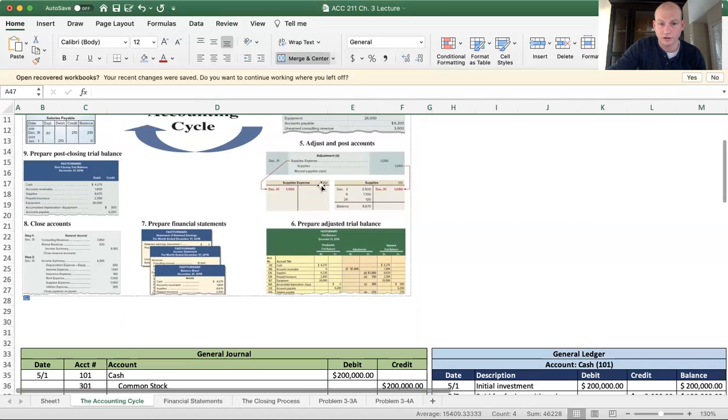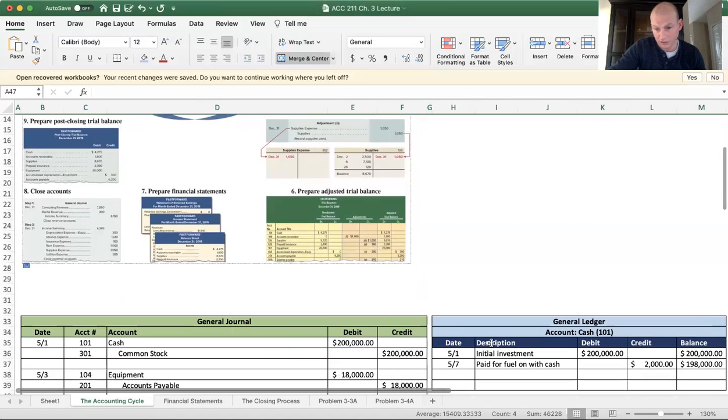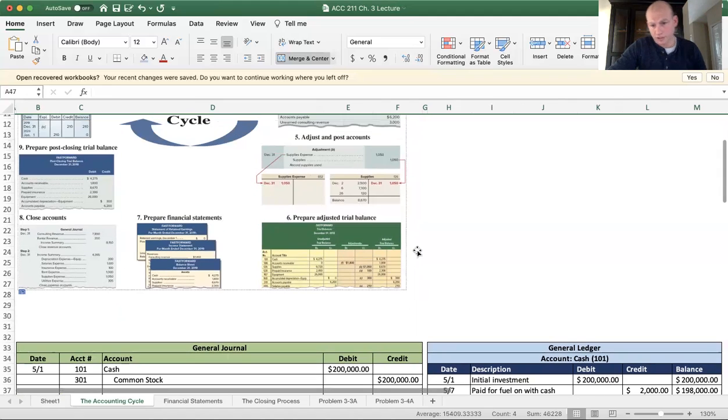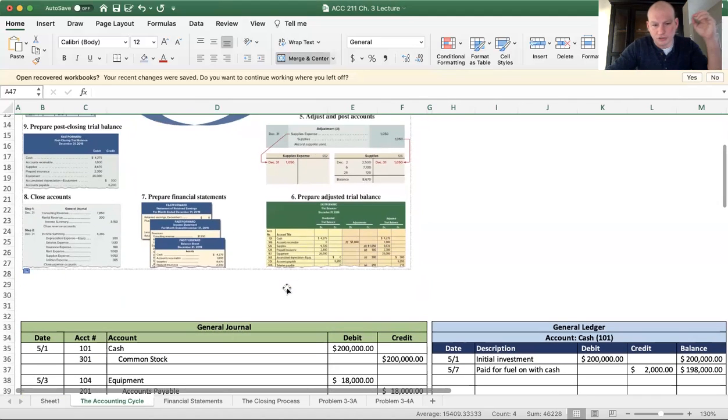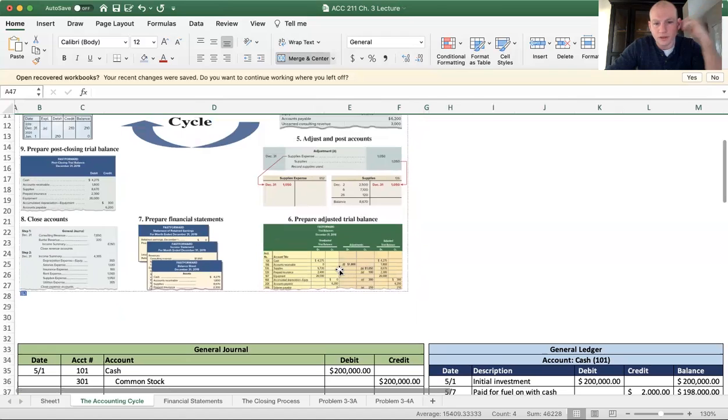So again, you enter those adjusting entries into the general journal, and then you put them into the general ledger. Prepare the adjusted trial balance. We'll go over that. It's just the trial balance after the adjustments are made. Prepare the financial statements. We're going over that in this chapter. That's the income statement, statement of retained earnings, and the balance sheet, and they have to be done in that